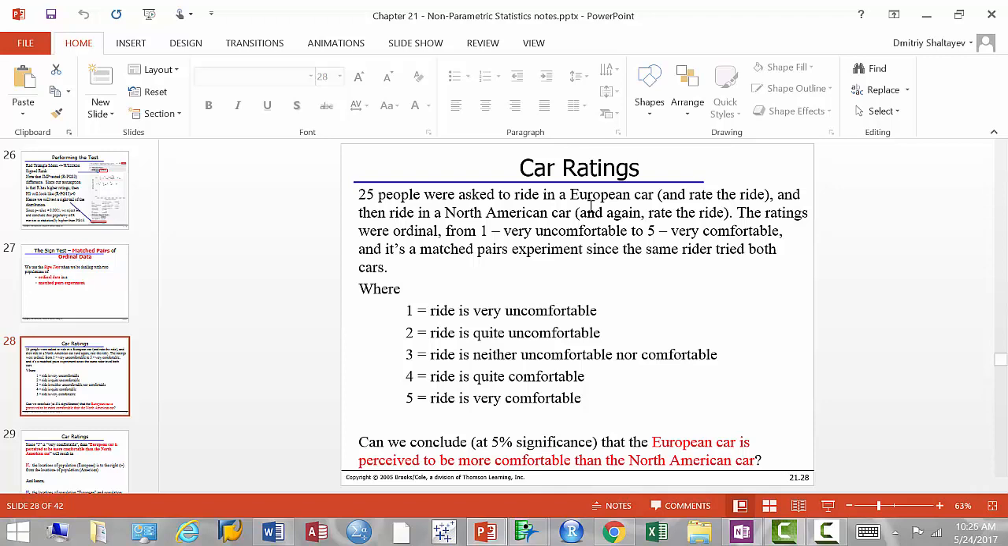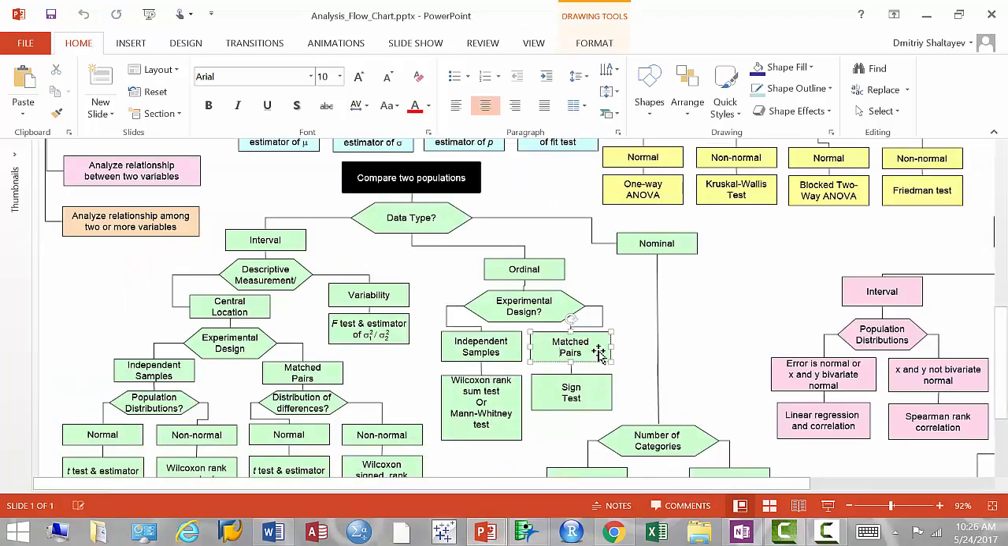So now we're looking at only the difference between European versus American and not the individual differences because it's the same person who is rating the ride. So therefore, going back to the flow chart, I'm dealing with matched pairs, and therefore it's a sign test. Okay. Now,